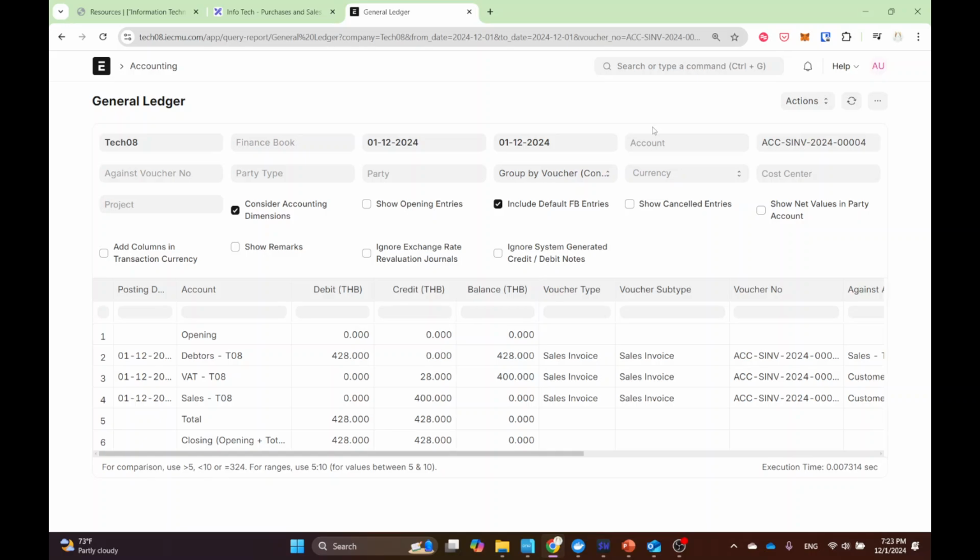So you only got 400 baht for your income. But again, you owe the government 28 baht for the tax, right? And this one goes into the liability again. So when the liability goes up, that means you owe the government 28 baht, which you can see is actually